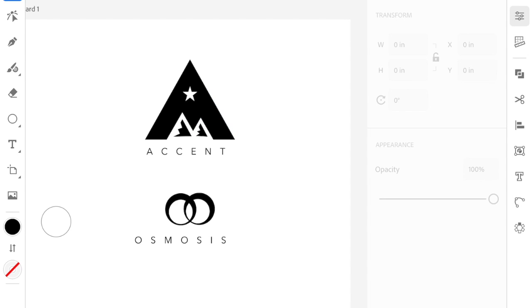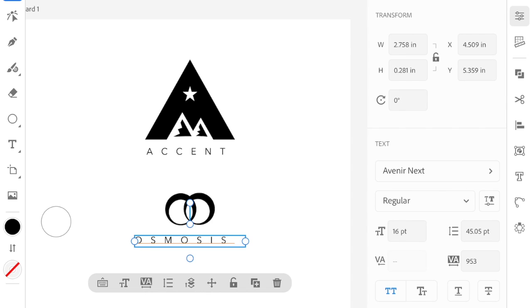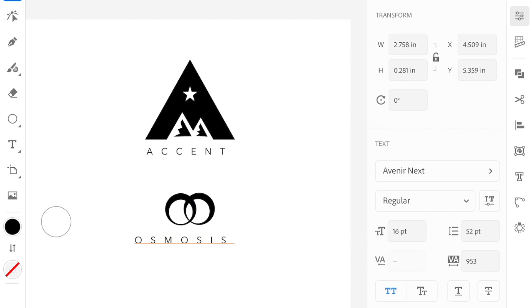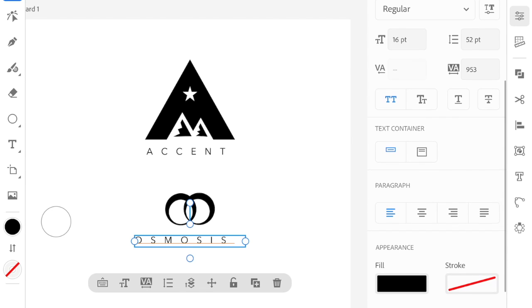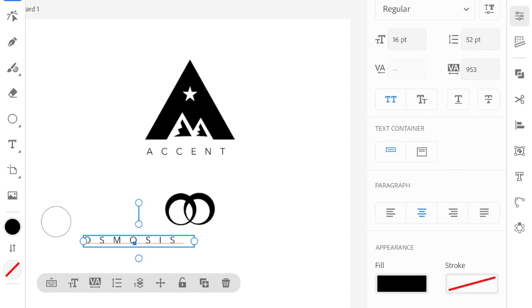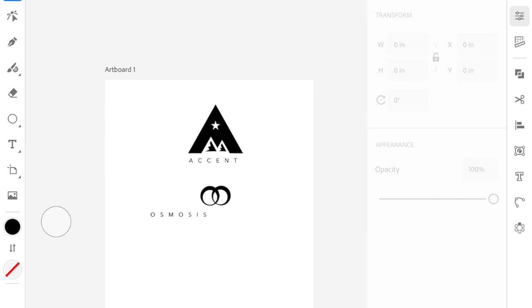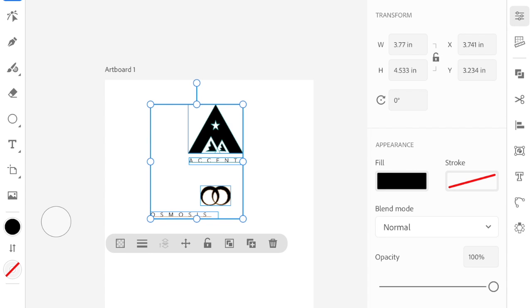Now you'll see osmosis is not actually center aligned. What's happening is the text itself is left aligned with the paragraph box. So if it doesn't look right, it probably isn't. So make sure it's center aligned. It's because I dragged a text box out instead of just tapping once. So now when I center align everything,